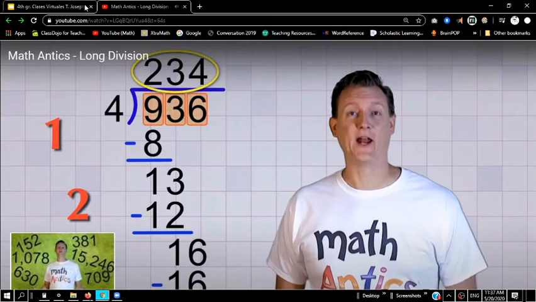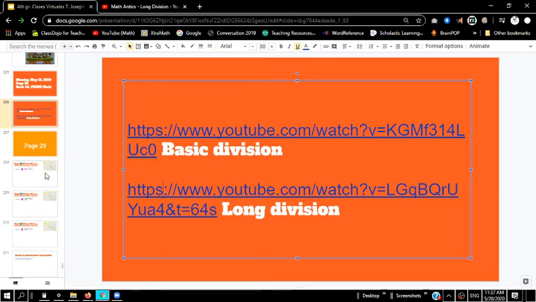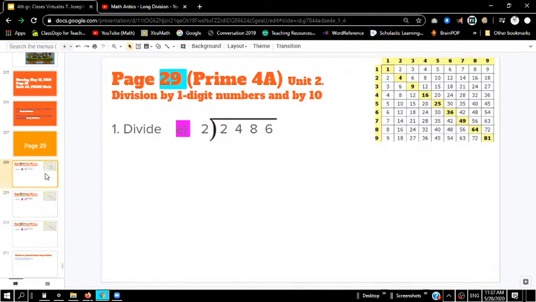All right, so we're going to stop that right there. That's just a little bit of review on how to divide. Now let's open to page 29 and let's do a couple of problems together. Once you're on page 29, you'll notice that we are going to be dividing